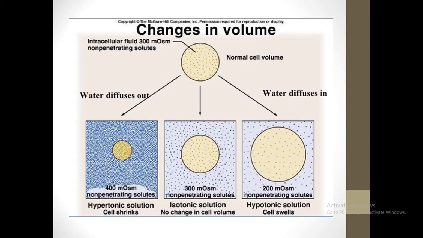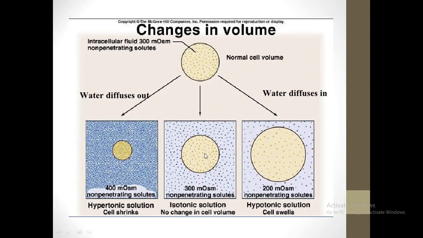So in the first one here, a normal cell is placed in a hypertonic solution. When a cell is placed in a hypertonic solution, as I told you before, the osmotically active substances exert the osmotic force and pull water toward them. So if a hypertonic solution is present in the outside environment of the cell, then it is going to exert an osmotic pull and drive the water out of the cell into the solution, which causes the cell to shrink. Hence, in hypertonic solutions, RBCs shrink.